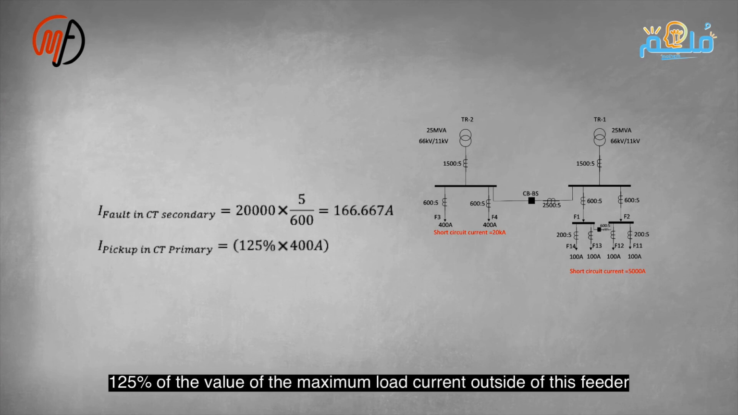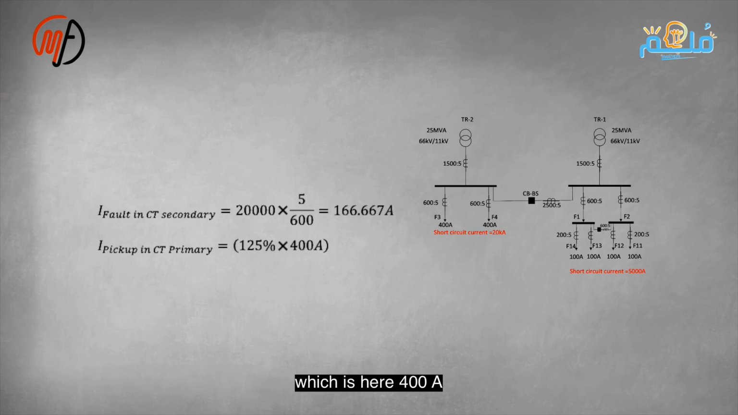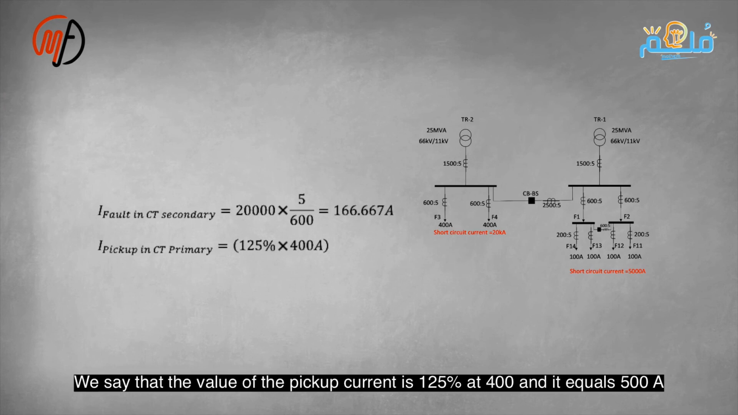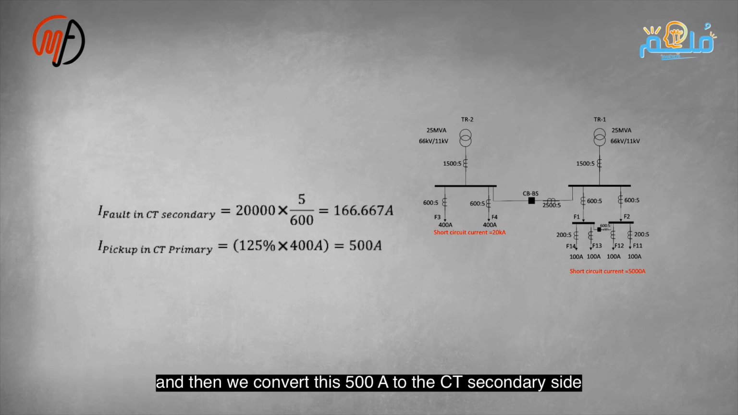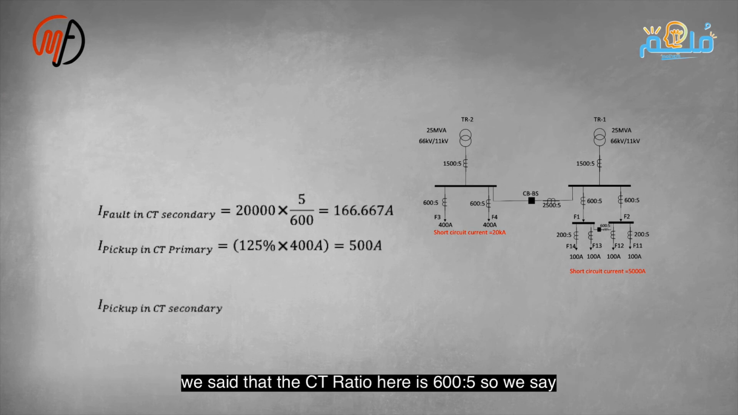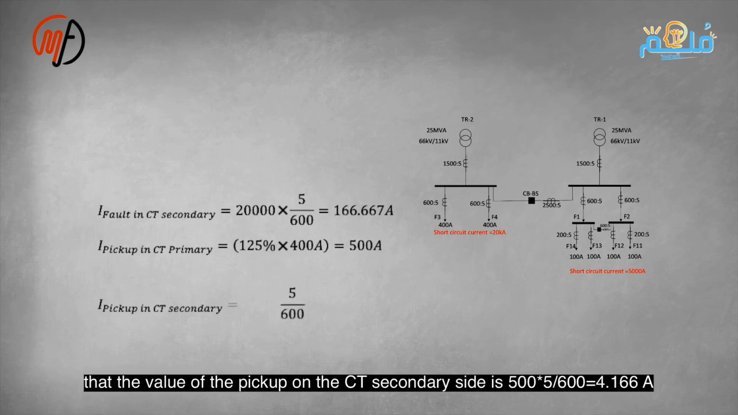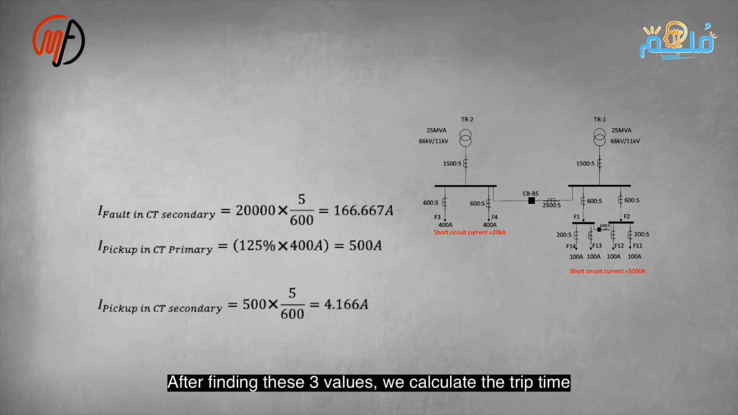of the maximum load current coming from this feeder, which is 400 amps. So we say the pickup current is 125% times 400, which equals 500 amps. Then we convert this 500 amps to the CT secondary side. We said that the CT ratio here is 600 to 5. So the value of the pickup current on the CT secondary side is 500 times 5 divided by 600, which equals 4.166 amps. After finding these three basic values, we calculate the trip time, which equals T equal to 0.05,